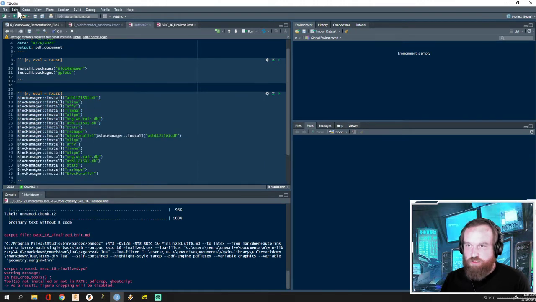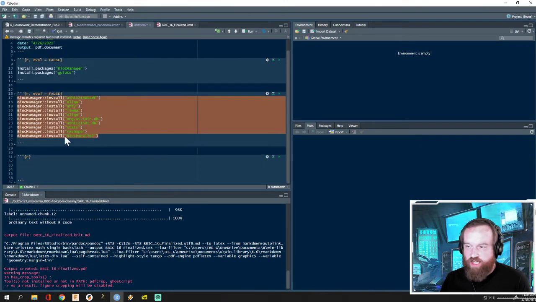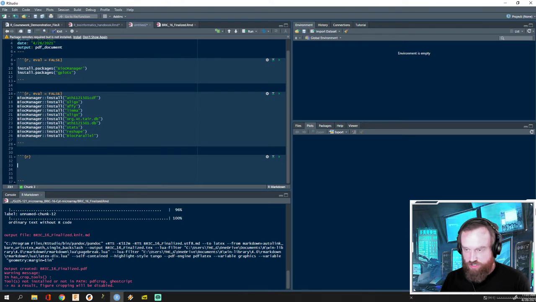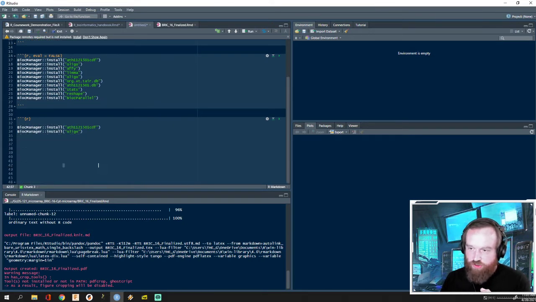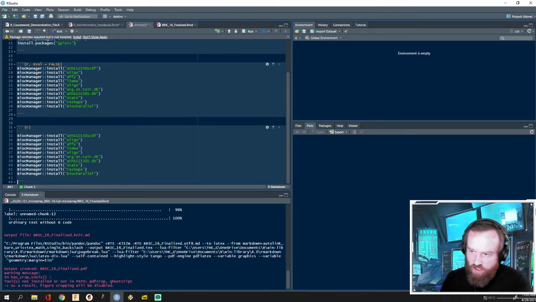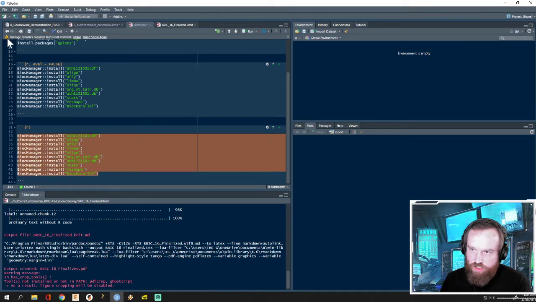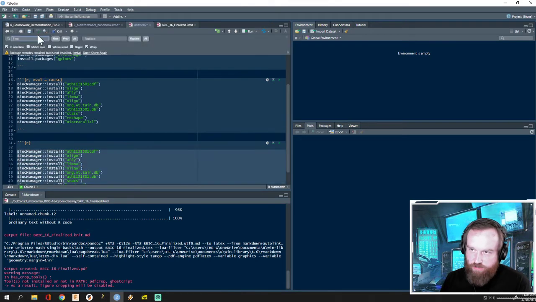Whoa, didn't want to do that. All right, we're going to copy it, and then we're going to paste into the next section. And I'm going to show you a handy little tool here. So what we want to do is click on the magnifying glass up here, and we're going to